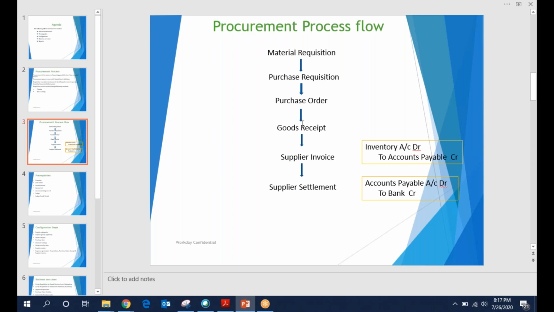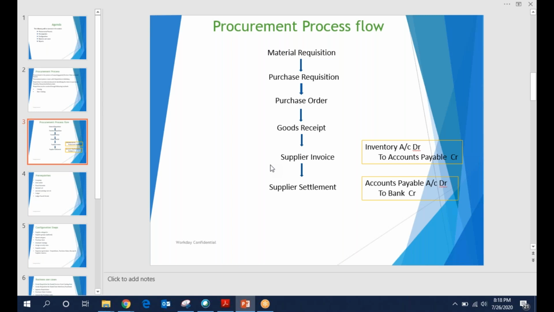Once the goods are received, the goods receipt entry can be created within Workday. Once the goods are delivered and the receipt is created, the supplier invoice is generated. A supplier invoice can be created with reference to the receipt, or directly without reference.